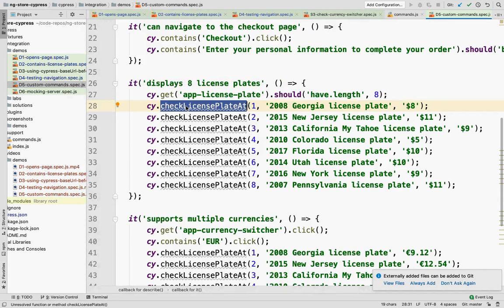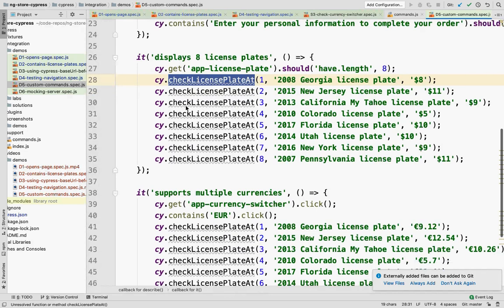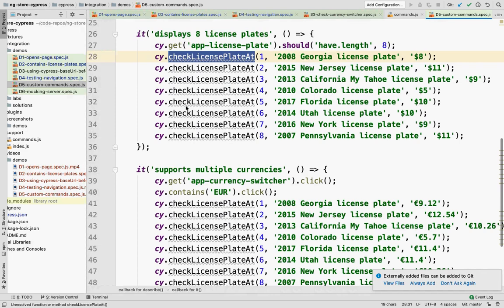So I cannot find any bad thing to say about Cypress. Yeah, it's just very easy to get started with. I mean, you get really productive using this. You can write tests that do a lot in very little time, and that's great. The only downside, if I have to find one, is that right now you can just do Chrome or Electron. So if you want to run these on Firefox or IE, you cannot do that. And that's the only bad thing I can say about Cypress. Everything else is just nice.